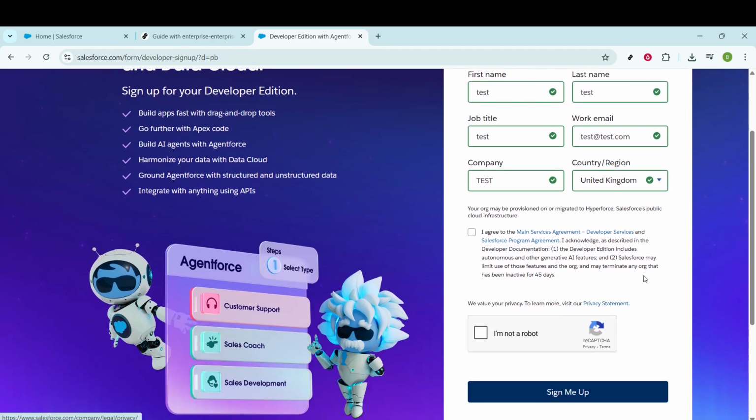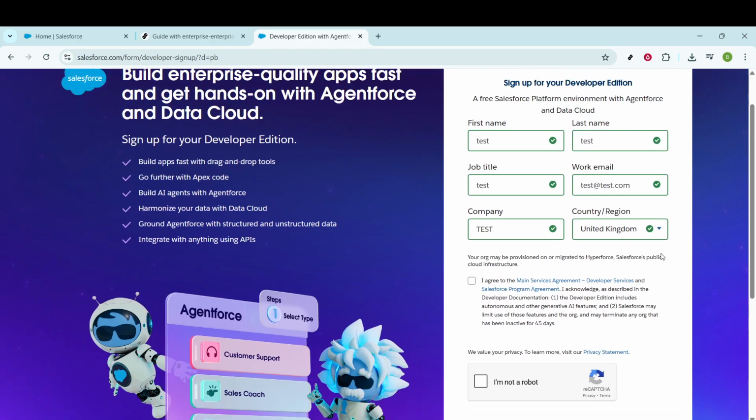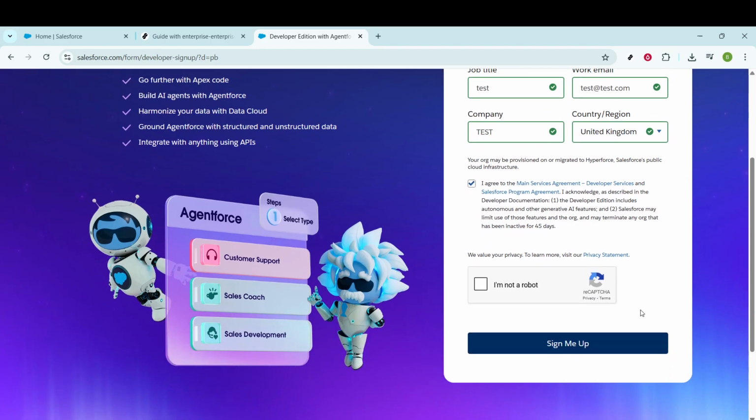After entering your details into all the requested fields, you'll notice a checkbox to agree to Salesforce's terms and conditions. It's wise to review these terms, as understanding your rights and responsibilities on the platform is important. Once you're comfortably informed, you can proceed to click the Sign Me Up button. Clicking this button submits your registration, leading us to the next task, which involves checking your email inbox for a